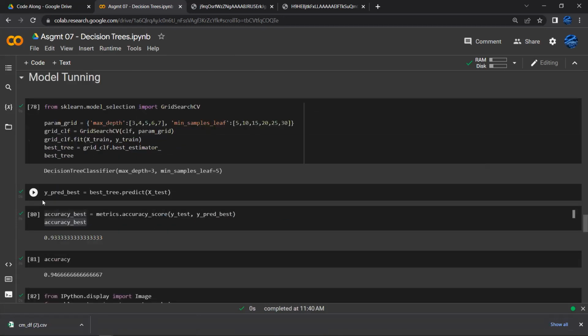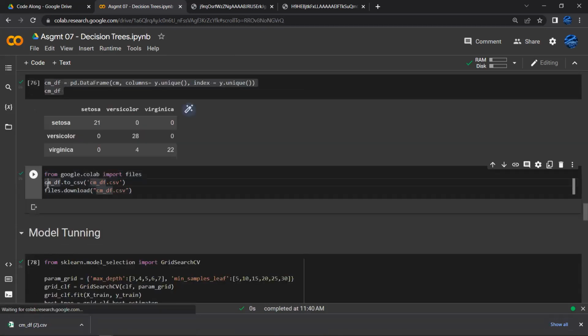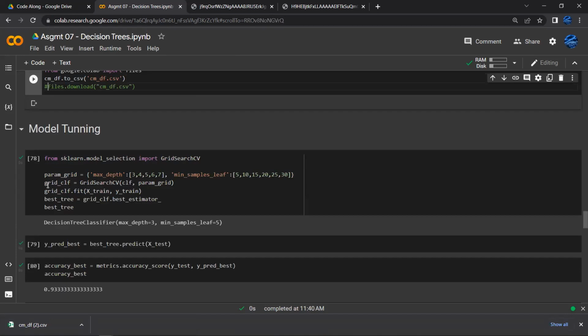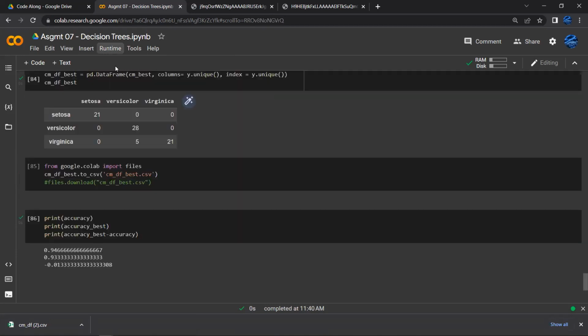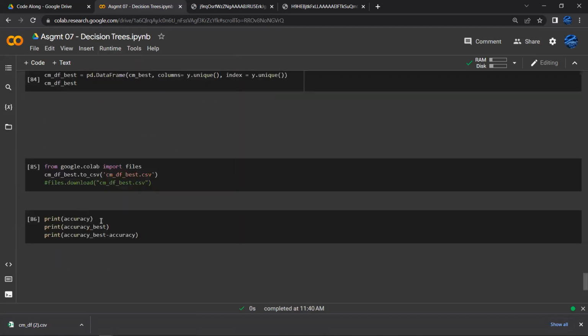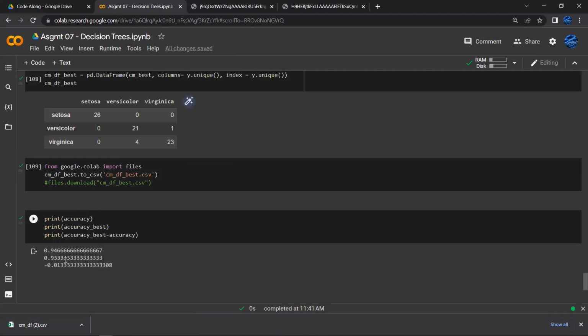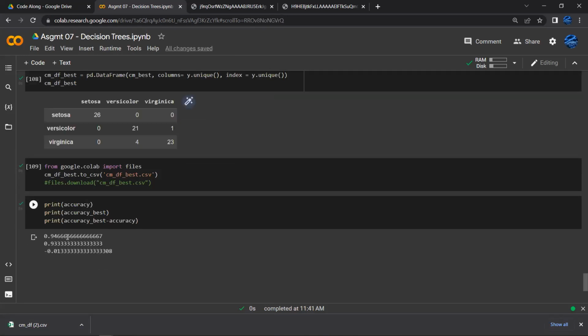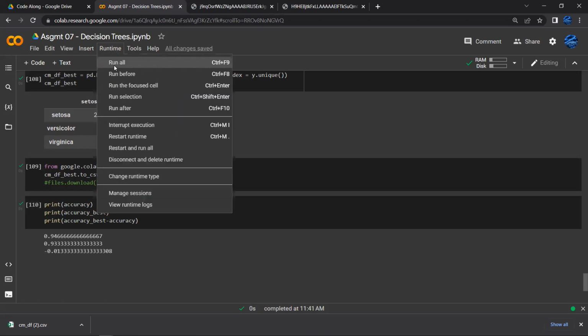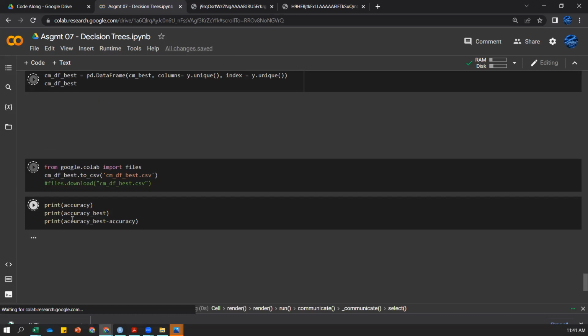Let me go back up here and just make sure that doesn't download anymore. And then if I run this again, same thing: my original decision tree outperformed my tuned decision tree. If I run it again,